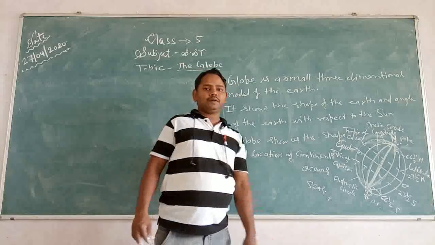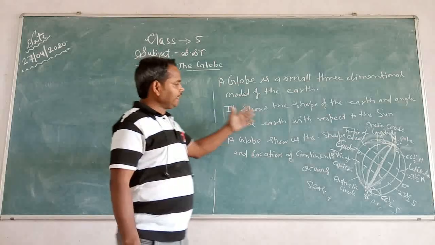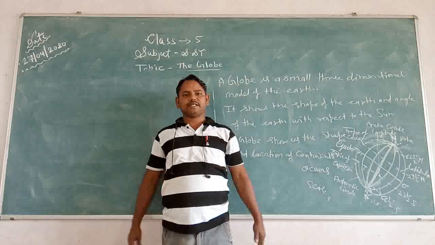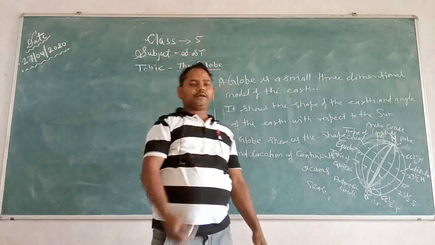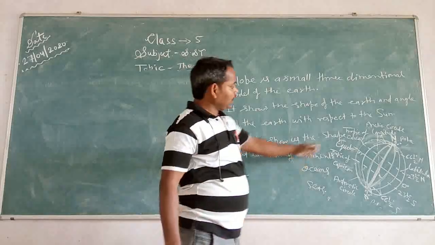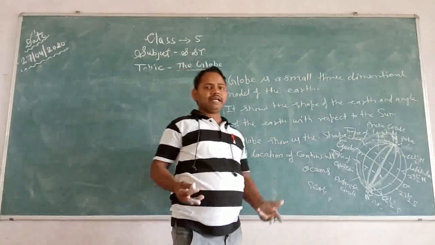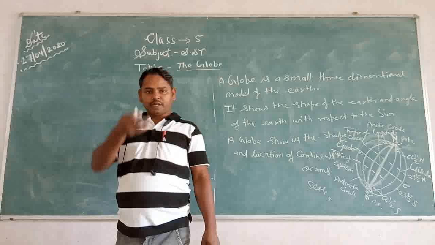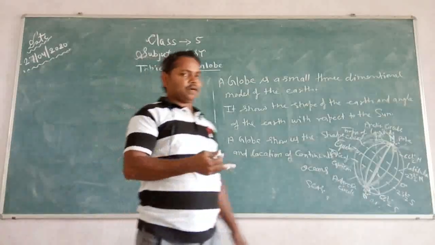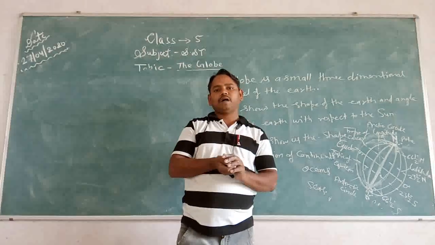Now, today we are going to read about the globe, axis, latitude lines, and longitude lines on the globe. Our vertical lines are known as longitude lines, and our horizontal lines on the globe are known as latitude lines. The axis is an imaginary line that runs through the center of the Earth. Our Earth moves around